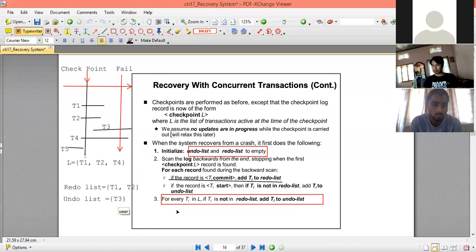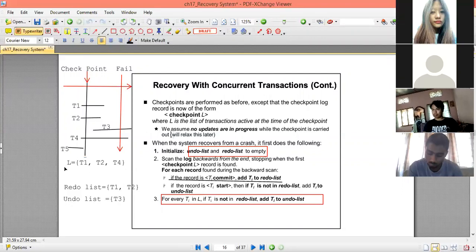Now, third criteria, for every transaction Ti in L, meaning the list of the active transactions. From the list of the active transactions, if we find that any transaction is not in the redo list, then it will be placed into the undo list. So here, out of these active transactions T1, T2, T4, what we find is that T1, T2